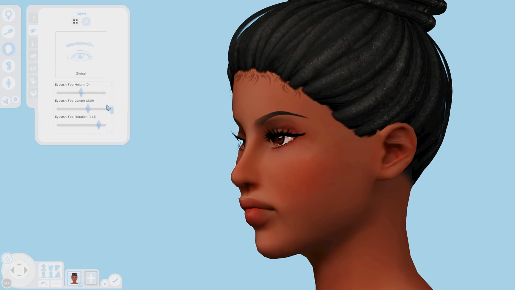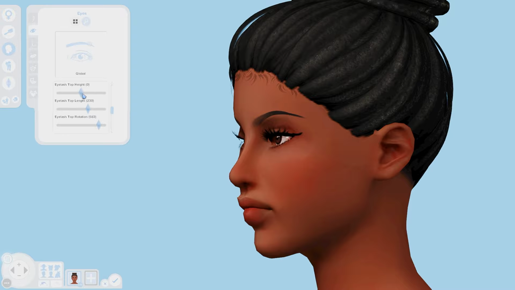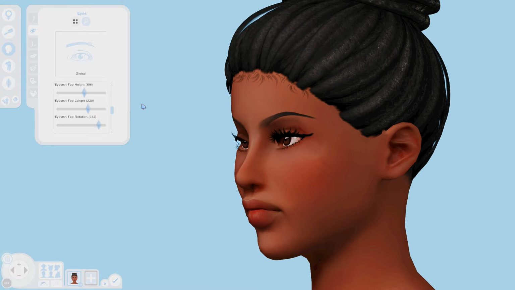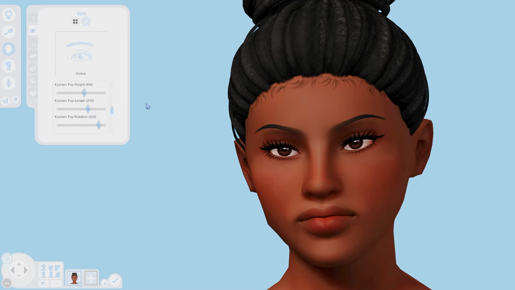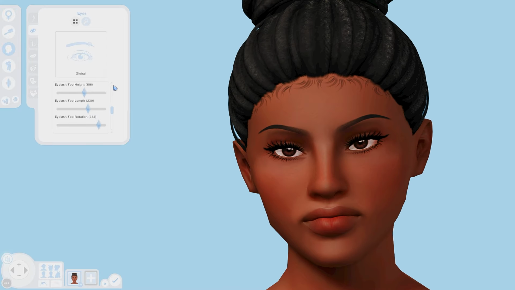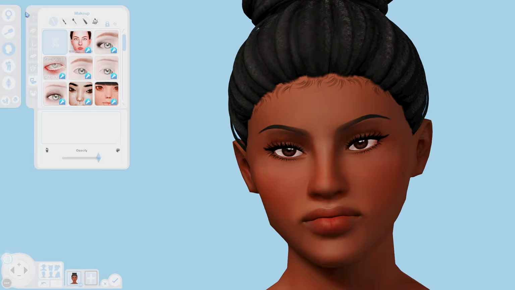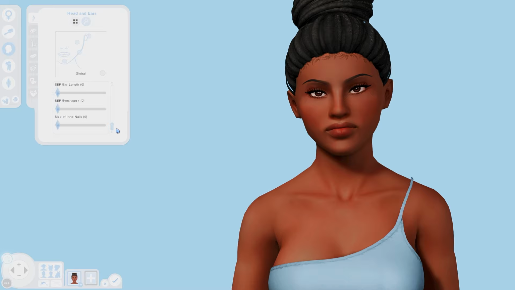Nice and cute. Now I can go up here as I'm zooming in. I can bring the height of these lashes up or down. Here we go. We also have to go to the inner height and just adjust that slightly. Okay. The lashes are on. We can also go in here and